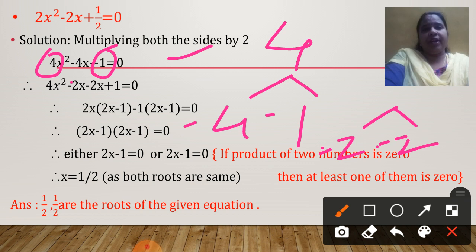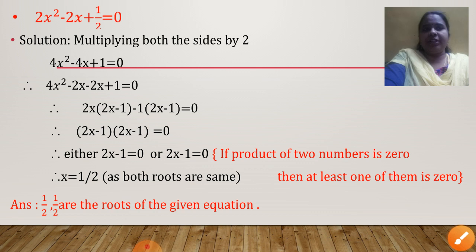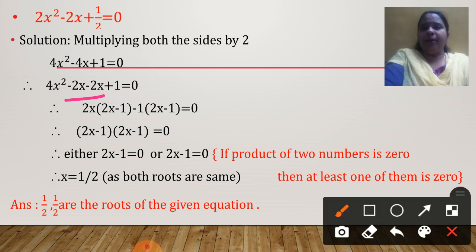Why this is not right? Because minus 4 and minus 1 is giving me minus 5. And what is the middle term here? Minus 4. That is the reason this is incorrect. Look at this. Minus 2 and minus 2. Is it giving me minus 4? Yes. Take the product. Minus into minus plus, 2 2's is 4. So I am getting both the conditions satisfied here when I take the factors as minus 2x and minus 2x.